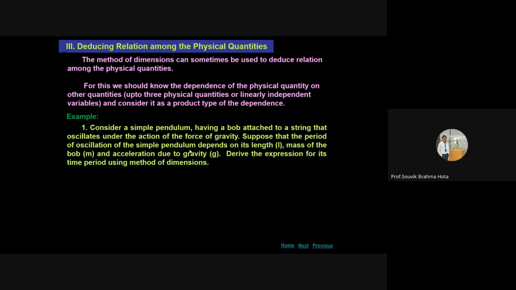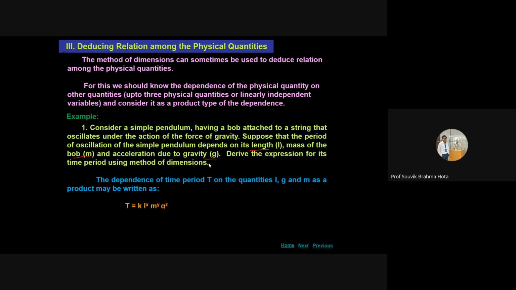First, you should know the dependency, how it depends. With the time period, what are the physical quantities like length, mass of bob, acceleration, how they vary, that you must understand. So the dependence of the time period on the quantities L, g and m can be written